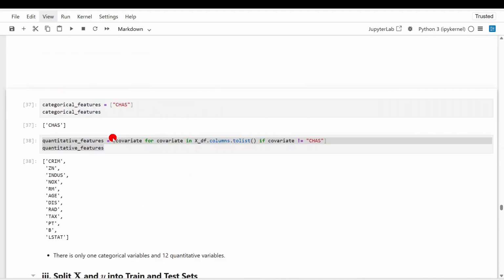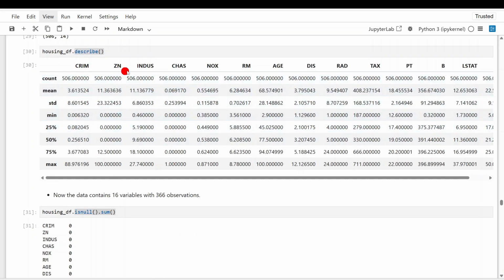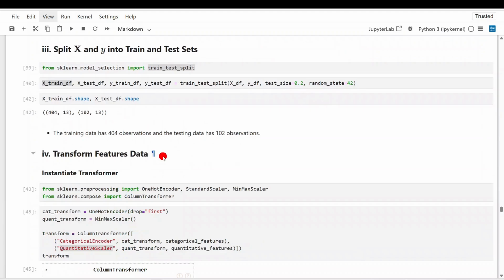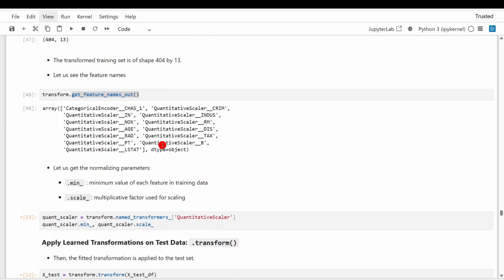The actual names are crime, zn, this one, index, chas, nox, and so on. But when they pass through this transformer, they will include these names, the ones that we have specified here, categorical encoder and quantitative scalar. And for those